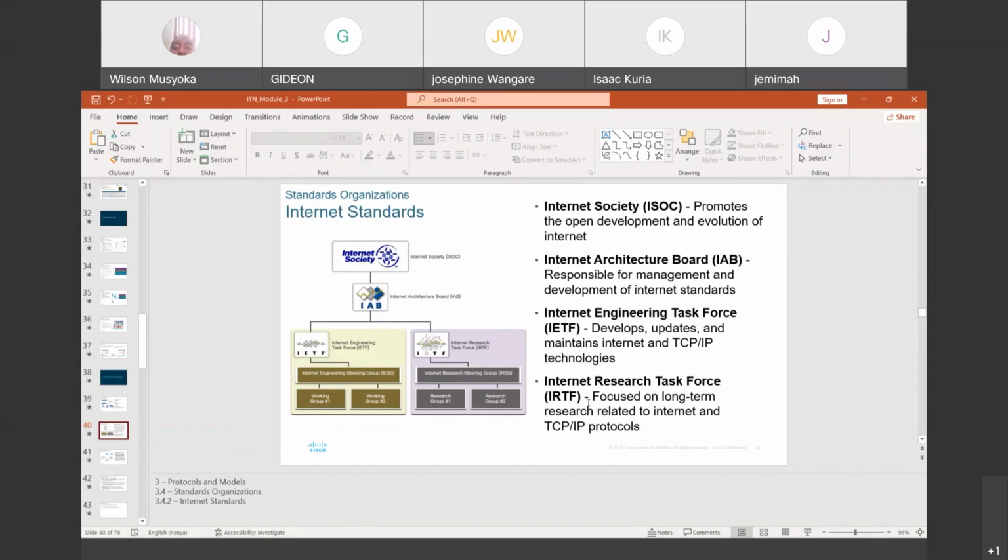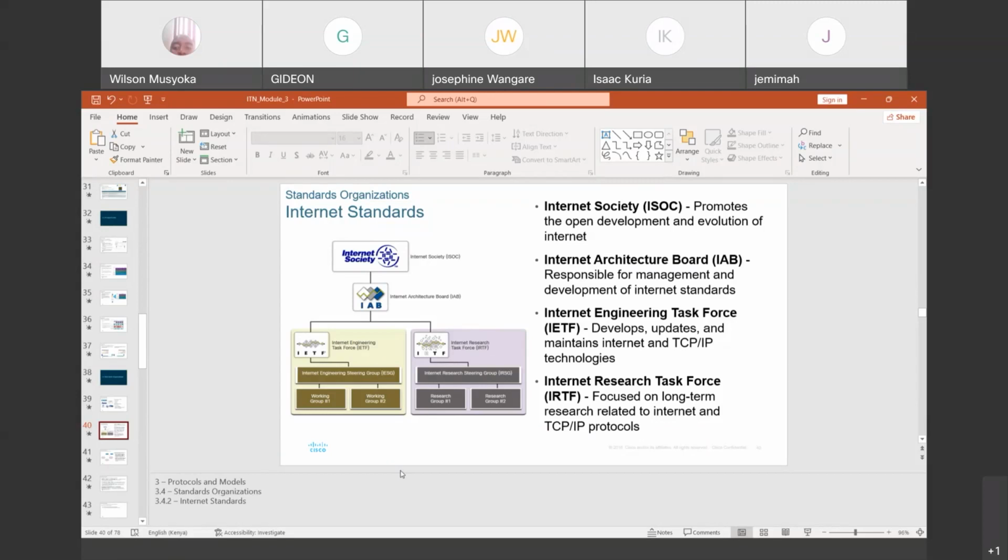You could develop another protocol for the transport layer, and it will still work with the other layers without any challenge. So that is why we have the different layers, such that there is what we call, what is this term? Once I remember it, I will tell you. But you need to have that kind of separation so that whatever you do in one layer may not affect the other layers.